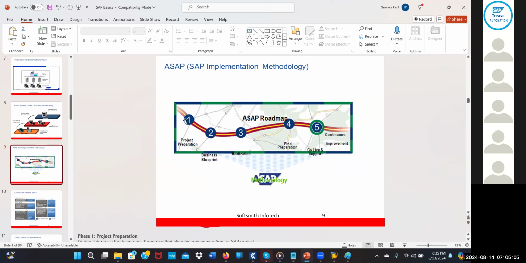Testing people never come at the project preparation. Testing people also come, but not the low-level testers. Junior testers or testers will not come at the project preparation side. Like, for example, if I take